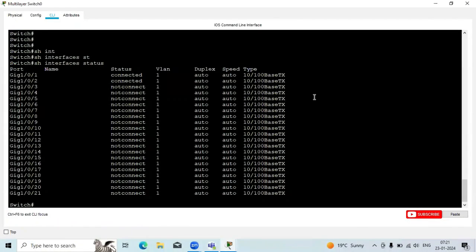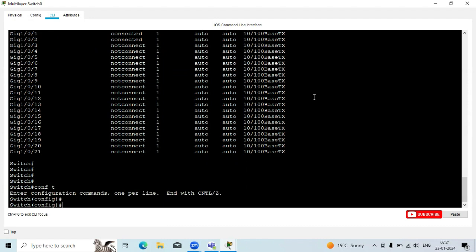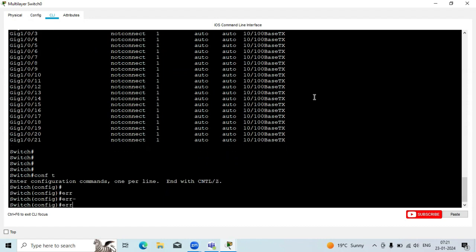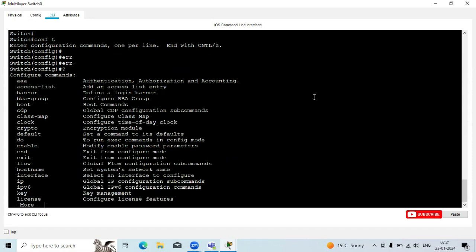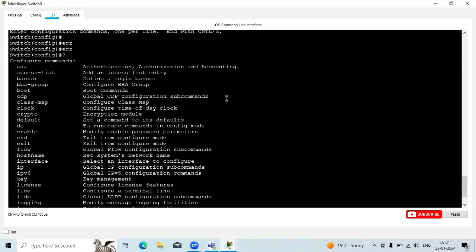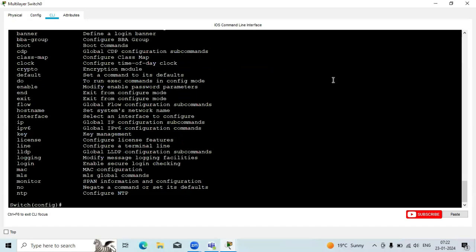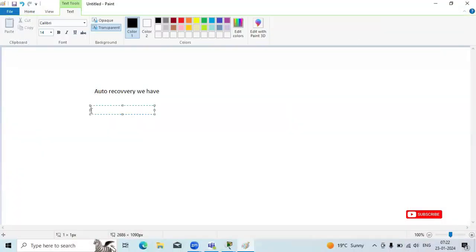So we have the auto recovery option also. We can use the auto recovery option. Go into the config terminal mode, use errdisable. Let's check the command, you can see here whether it is there or not. We don't have the option here, errdisable. So we have the errdisable auto option, so we can use the commands to make the auto recovery also. Simple. In config mode,